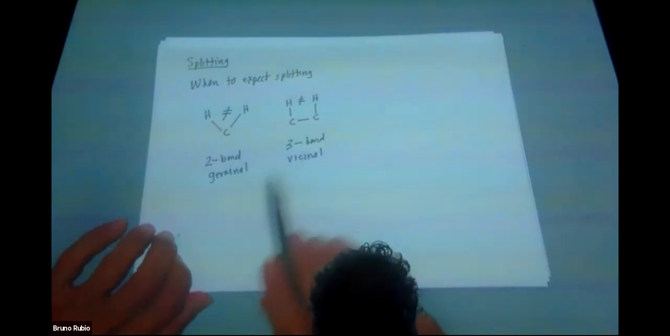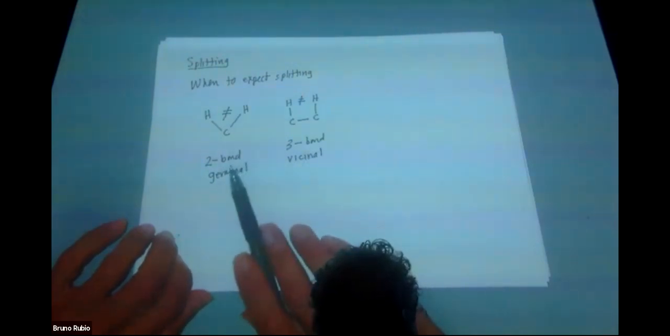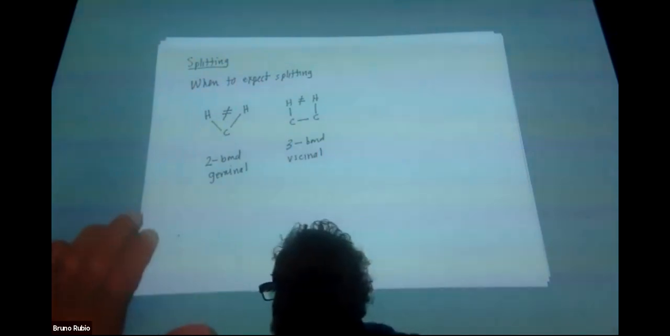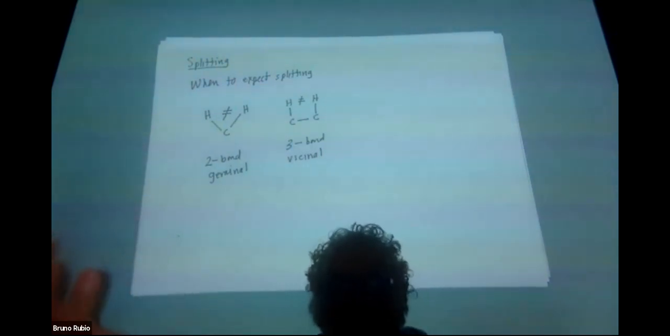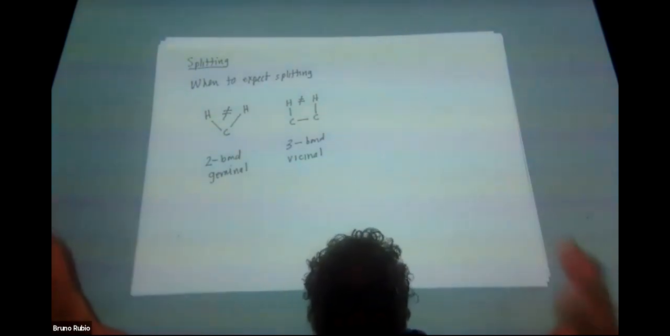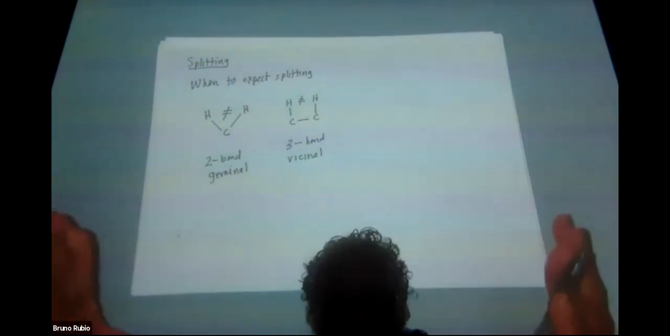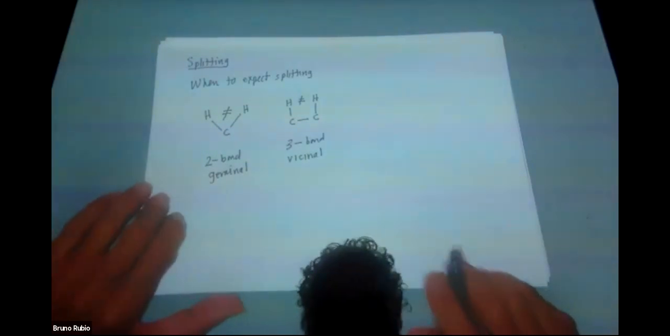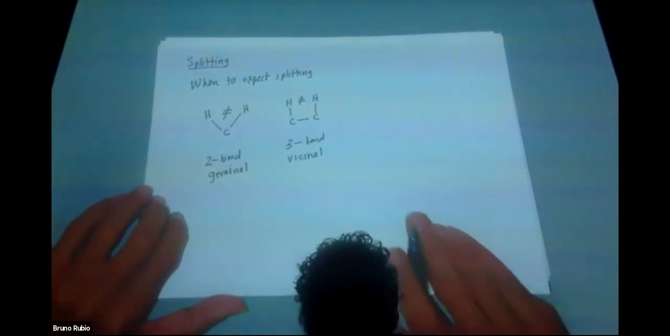splitting. So when 2 protons are 2 bonds away or 3 bonds away from another proton, and those protons are not equivalent to each other. Protons that are equivalent to each other do not split each other. Okay, the physical basis of splitting